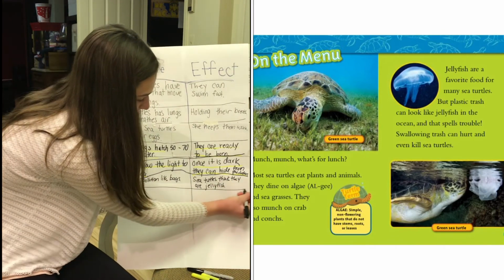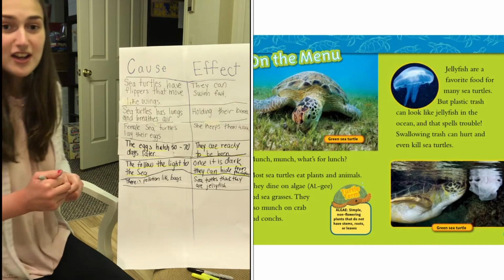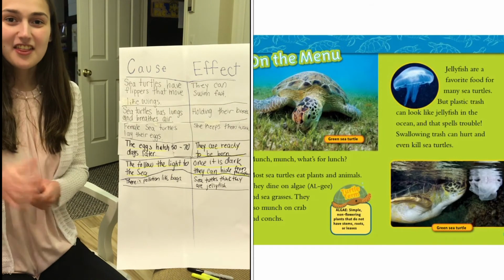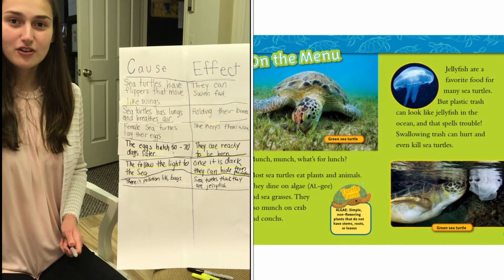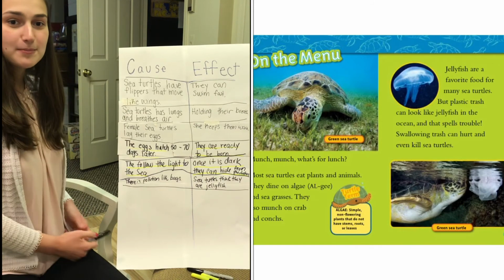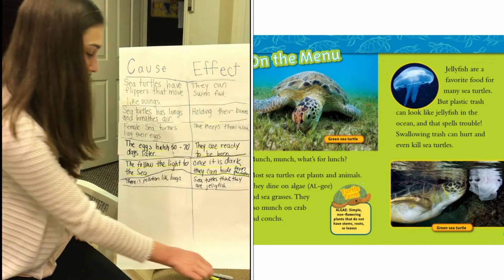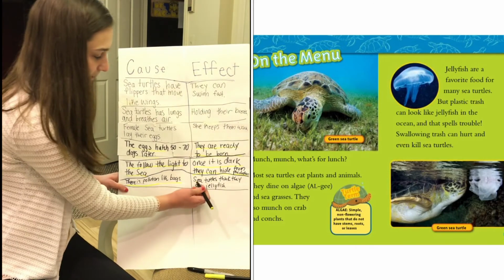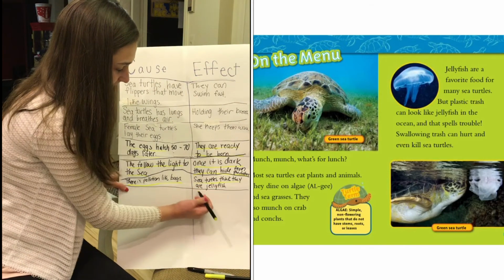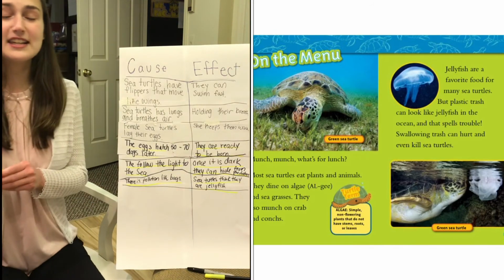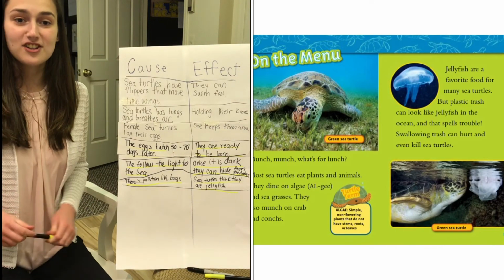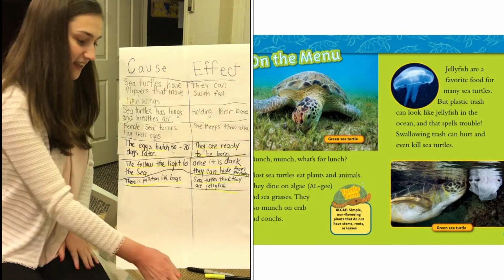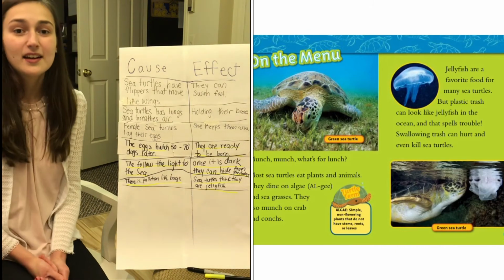So we're on the third one on your list. We can sound it out. The first word is there. There is pollution in the ocean. So on our worksheet, we can highlight there is pollution in the ocean like plastic bags. And we can highlight our effect too. Sea turtles think they are jellyfish and they eat them. And they can choke on the bags. Okay?